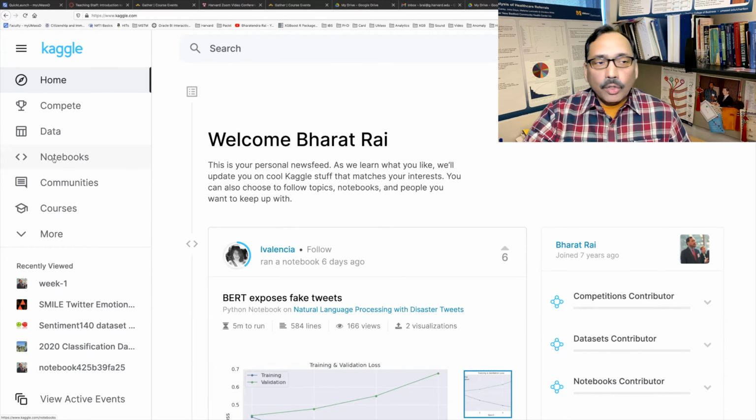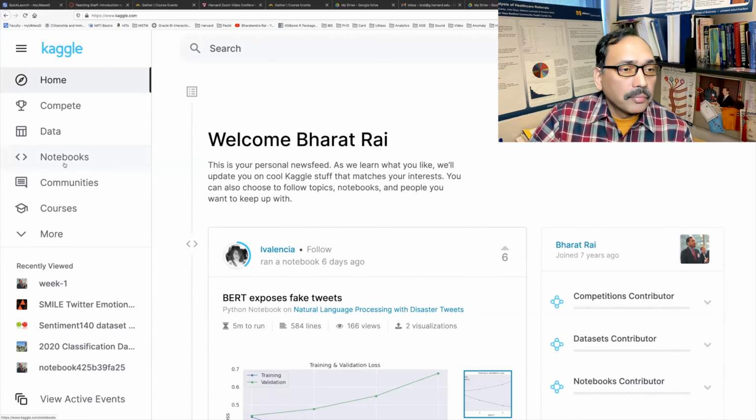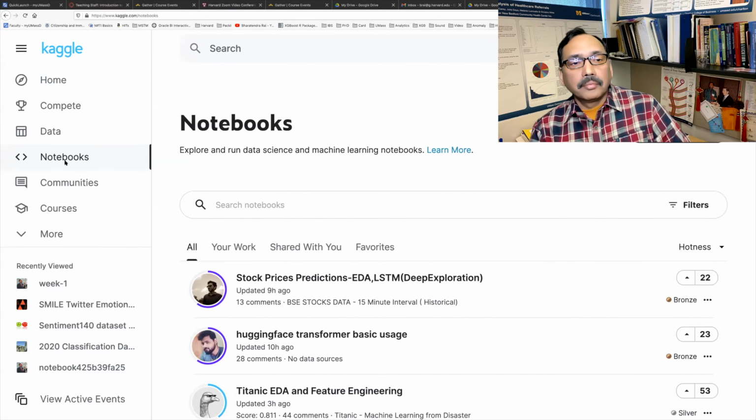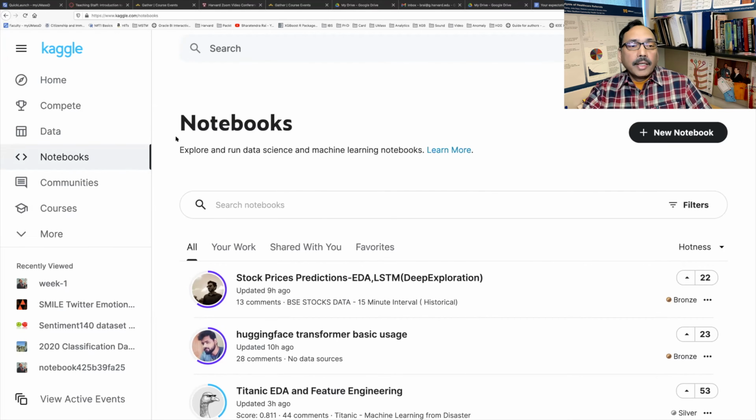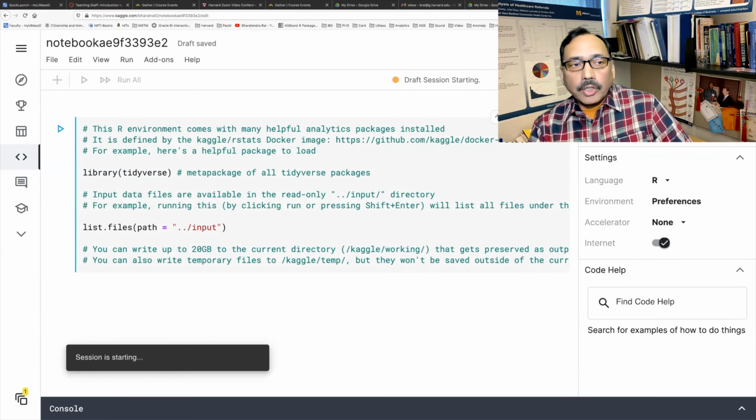Click on Notebooks on the left. Then on this page, at the top, you'll see plus New or Add new notebook. So click on that, and this is what you are going to see.